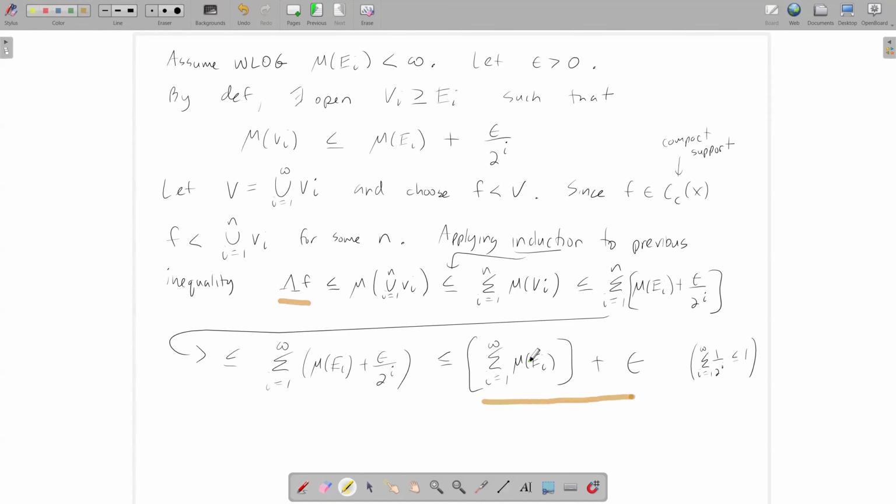Okay, so I just proved, let me highlight a key point here. I just proved this is less than that for any f that's less than V. And so that means then